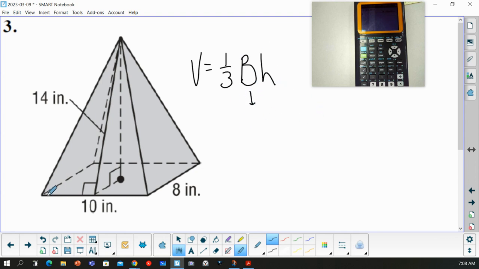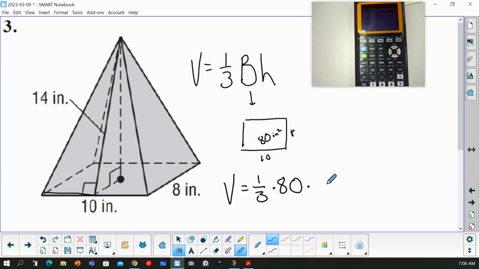If I'm looking straight down on this base, it's 10 by 8. It'd be a rectangle that is 10 inches by 8 inches. 10 times 8 is 80. So it'd be 80 inches squared, the area of the base. Okay, so volume equals 1/3 area of the base, which I now know is 80, times the height, which is this